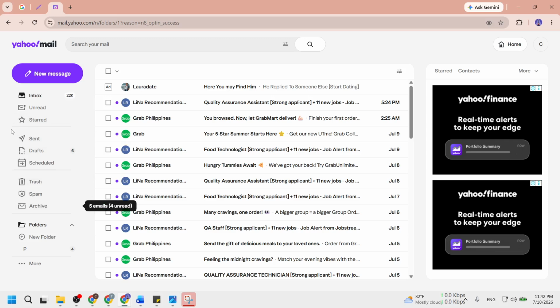Next up, if the sidebar appears collapsed into small icons, you will need to hover your mouse over these icons to expand the menu. Alternatively, you can click the folder icon or menu arrow at the top left to pin the full text bar open. This action is crucial because it reveals all available folders, making it easier for you to navigate and find what